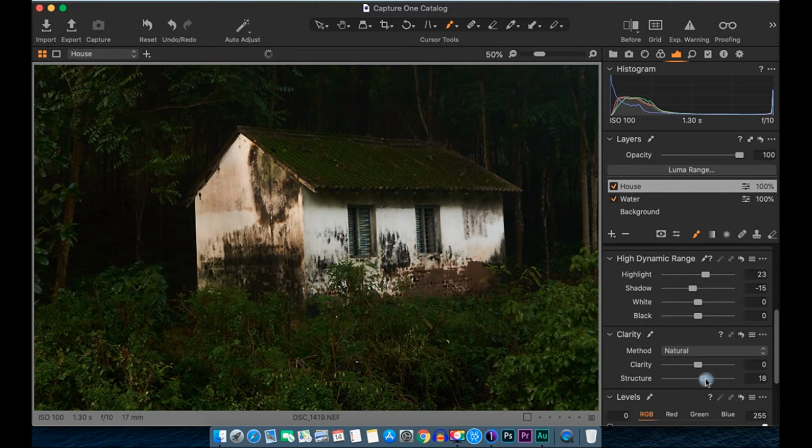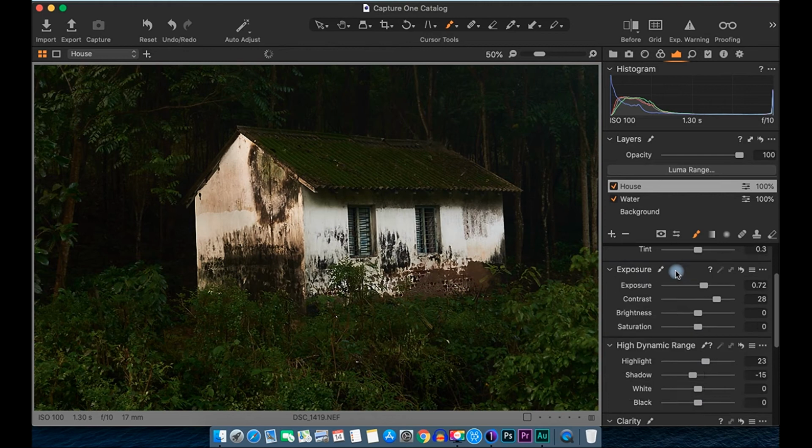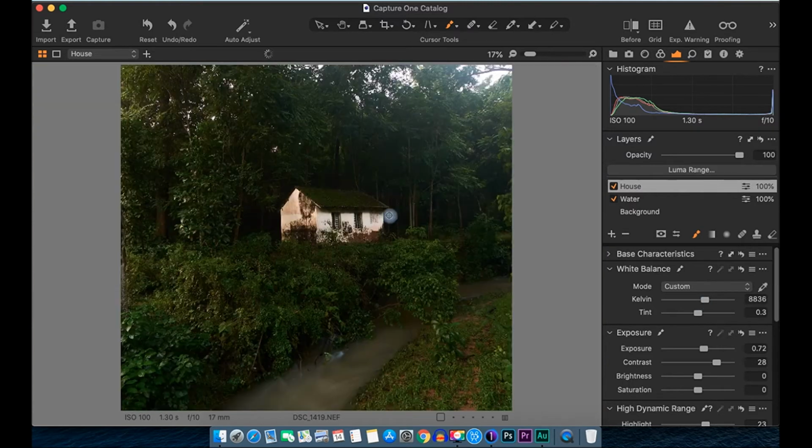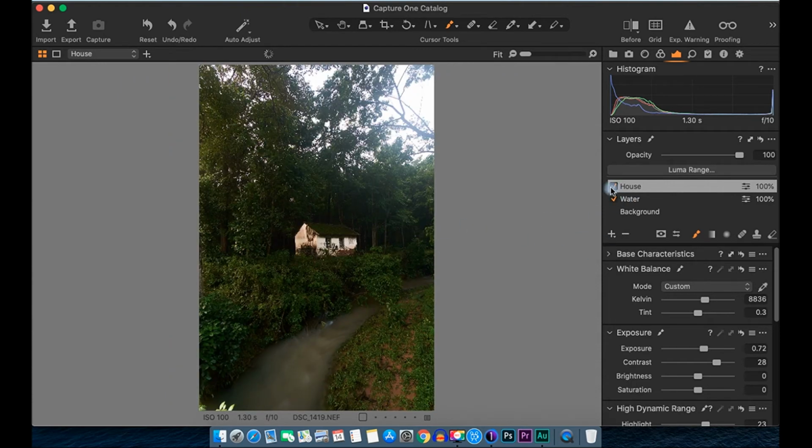Give a bit of structure, a little bit of clarity, and then since this house is lit by early morning sunrise, we're going to warm this a little bit. It's too white to be real. There it is. Let's see, this is before and this is after. Have a look, such a nice pop on the house.